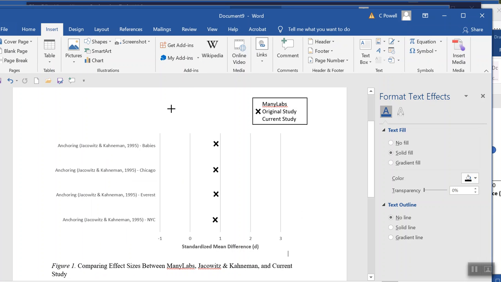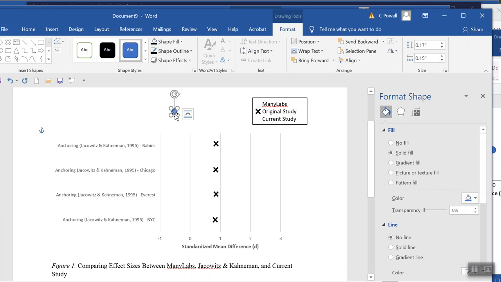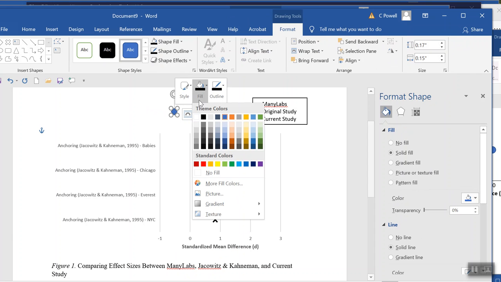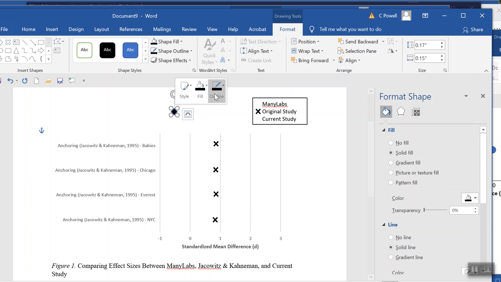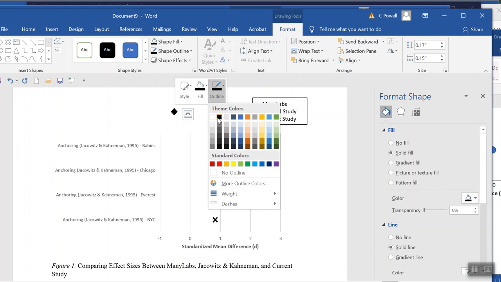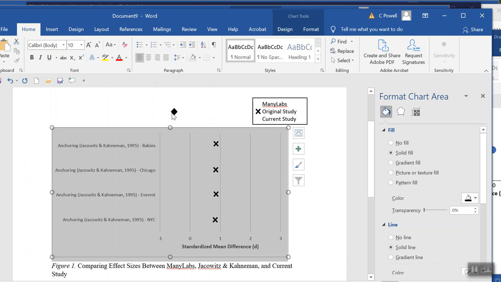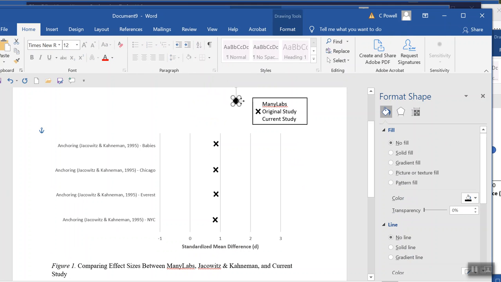All right, next I'm going to create one for Many Labs. Let's go ahead and do a diamond, why not? Make sure it's an appropriate size. I'm going to once again make mine black and white, because that's what I'm used to for APA style. But you could also put it once again in color. And I'm going to move this over here